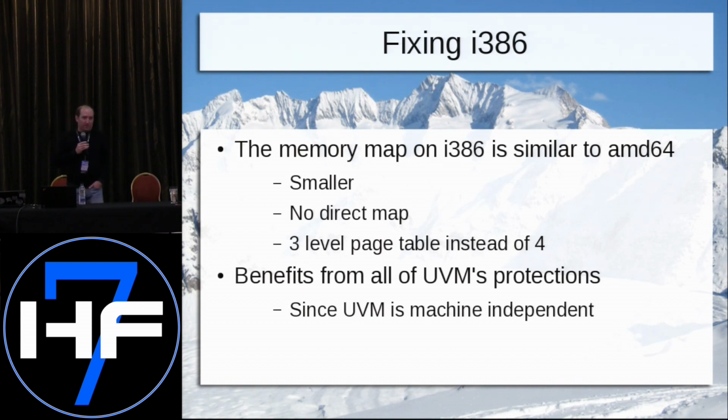The nice thing, obviously, about i386, the part we didn't have to fix, is the part that we had already fixed. That was UVM. So if you remember, UVM is the module that does the memory management, and the PMAP layer is the thing that does the enforcement. UVM is one UVM for all the architectures, so all of the improvements that had gone into UVM over the years were applicable to i386 as well.